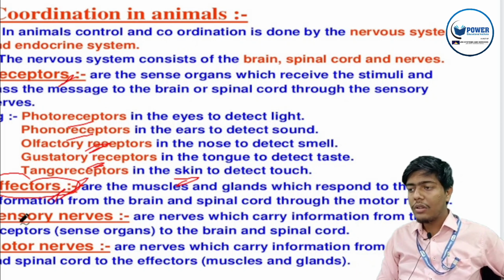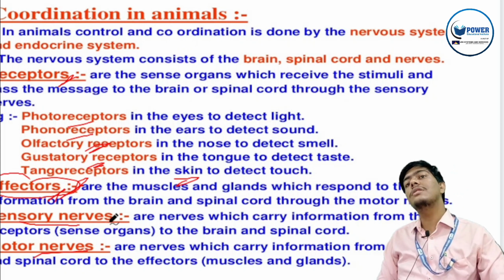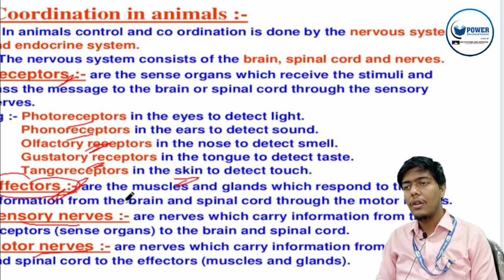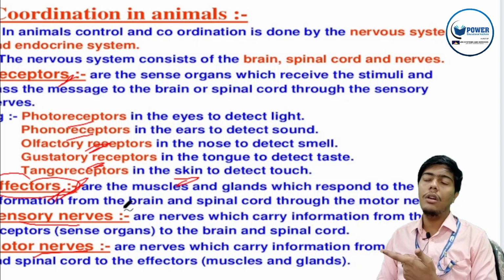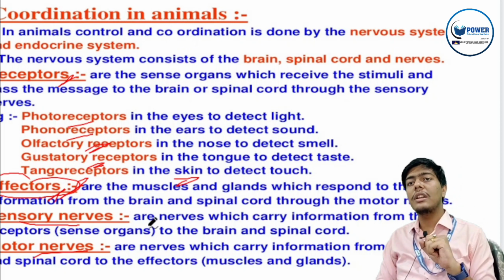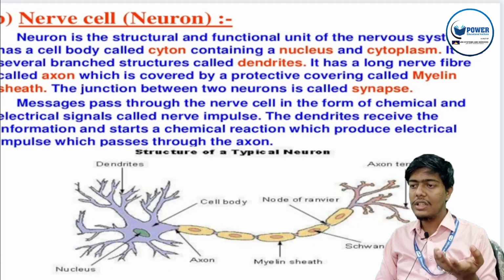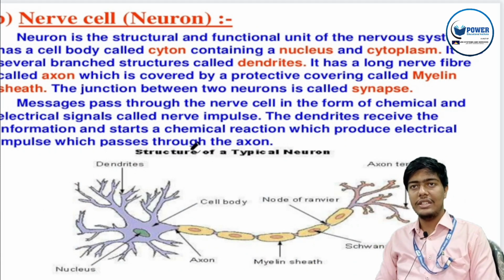Then we have to know about the sensory nerve and motor nerve. Your body has sensory nerves which carry the signal from the receptor to the central nervous system, or the controlling unit of your body, that is the brain and spinal cord, and motor nerves come from the central nervous system to the periphery, to the effector organ, so that your body can respond. So this is the main thing we have to know before we go to the exact chapter.